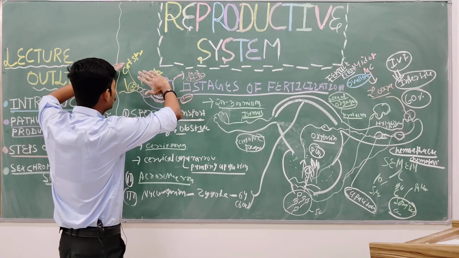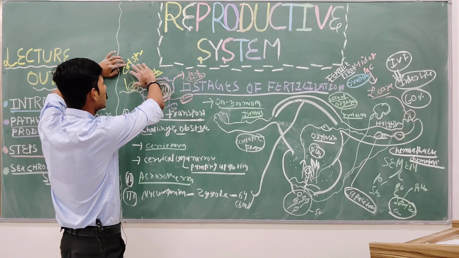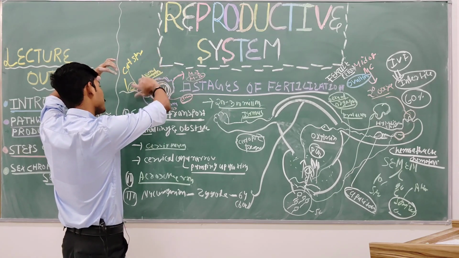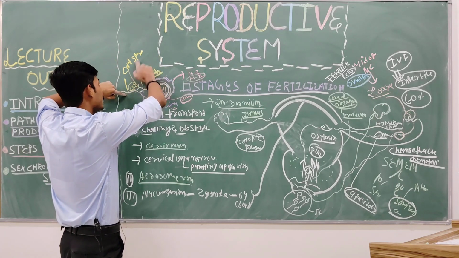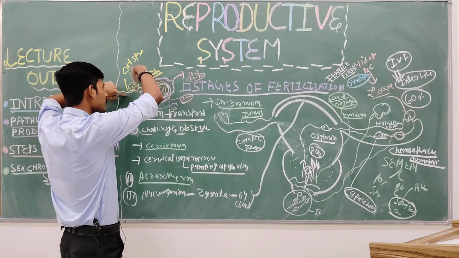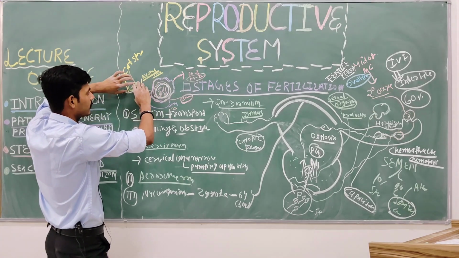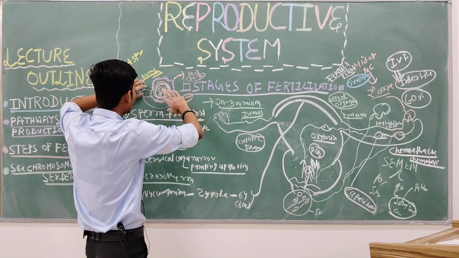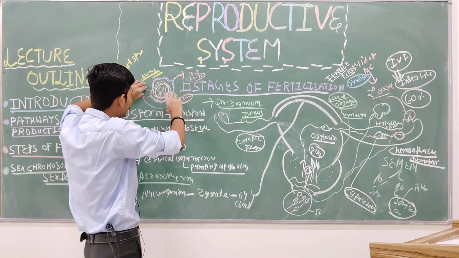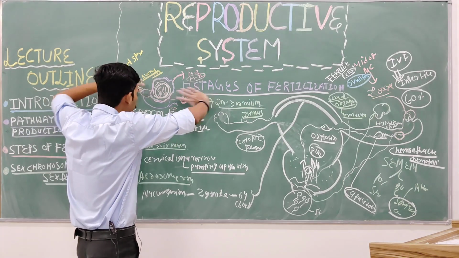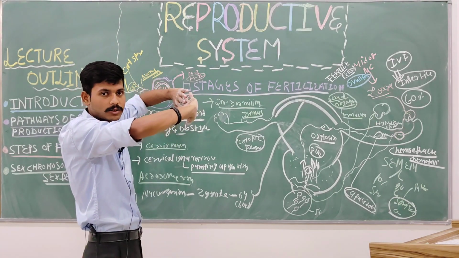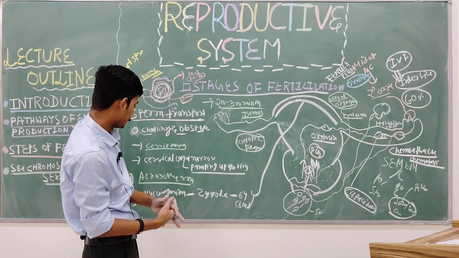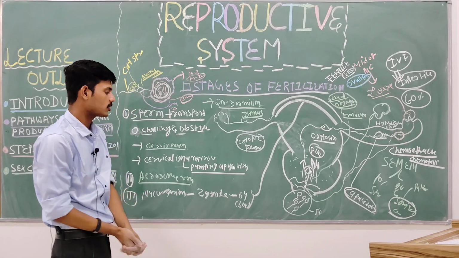Before the nuclear fusion, there are some proteins called cat sphere, present in the tail region. This cat sphere causes an influx of calcium into the head of the sperm, and the sperm swells. It becomes the male pronucleus. The ovum becomes the female pronucleus. Both fuse. That's called nuclear fusion, resulting in the formation of the zygote.